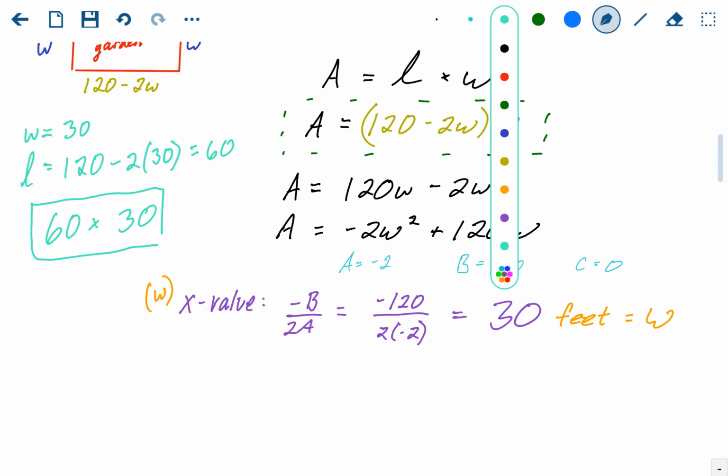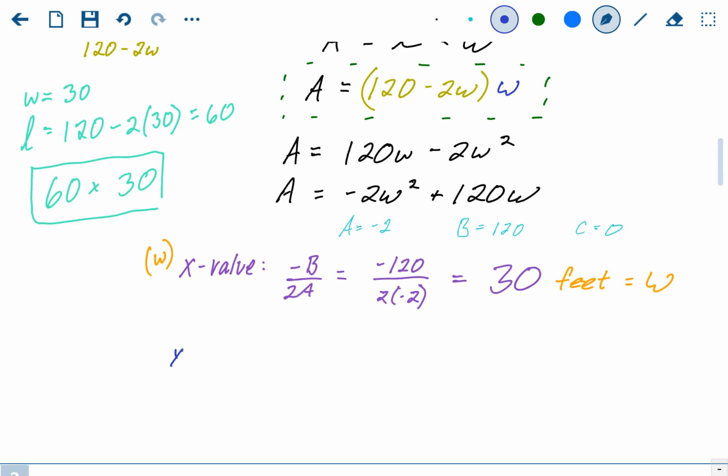That was the first question that was asked. The second question asked is what is the maximum area? So we're going to find the y value of the vertex. To find the y value of the vertex, you plug in the x value into your equation. So negative 2 times 30 squared plus 120 times 30